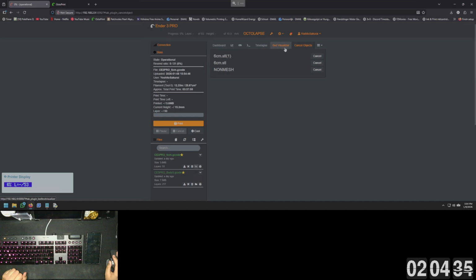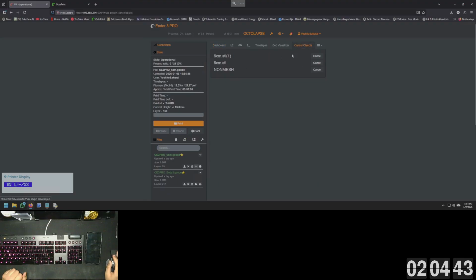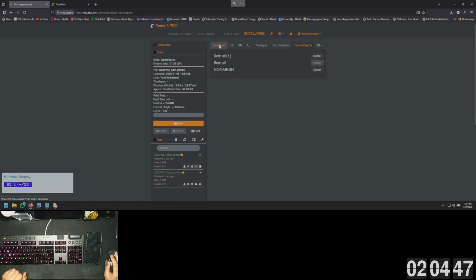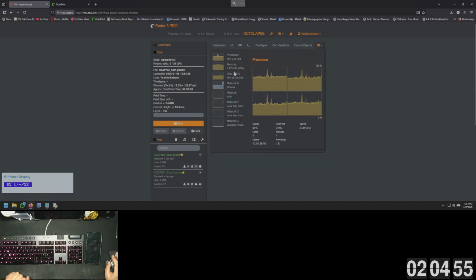If I go to cancel object and I see in the webcam that one of the prints is stringing or whatever, I can click on cancel object and cancel just that file. It would only cancel the file that's messed up and continue printing the other file like nothing has happened, which is great. I have a resource monitor to see if everything is working accordingly,